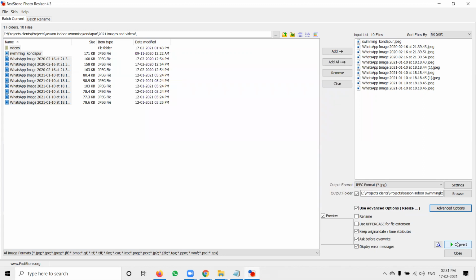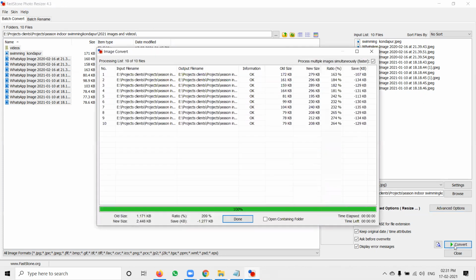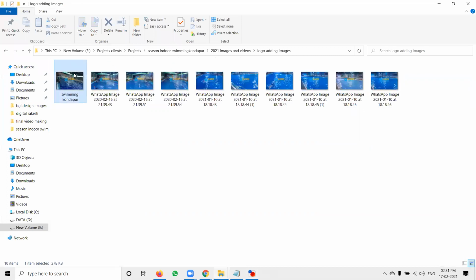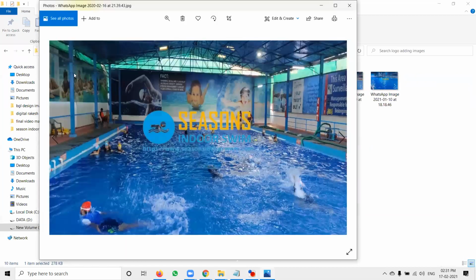We can add the logo with FastStone Photo Resizer 4.3. Don't forget the name. Now we can convert, and all files will be converted. Previously there was nothing. Now the logo will be in the center.